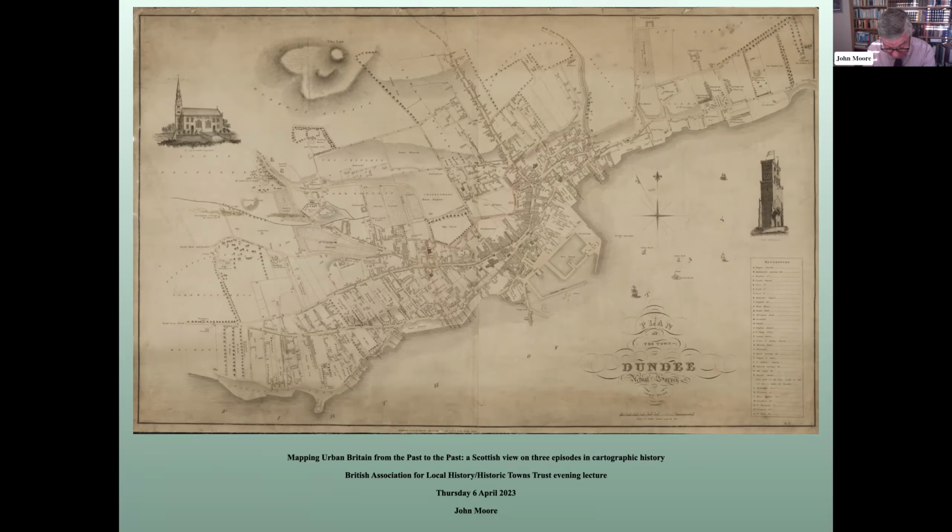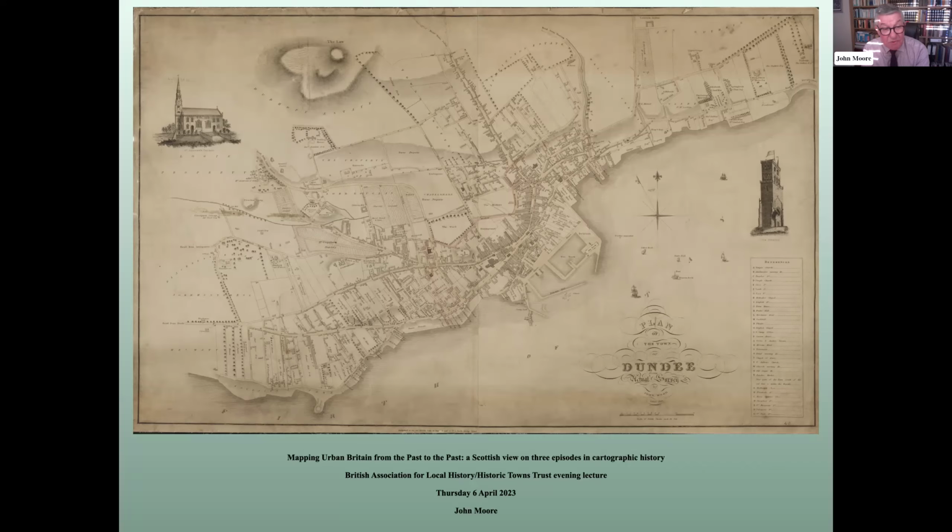This will not be an evening entirely dedicated to the cartography of urban areas north of the border, but I think it a valuable corrective to take a slightly wider view of the subject to shed what may be seen as a different light. Tonight's title was chosen specifically, and by the end of the evening, I hope that you will understand more of where I'm coming from in looking at maps and towns.